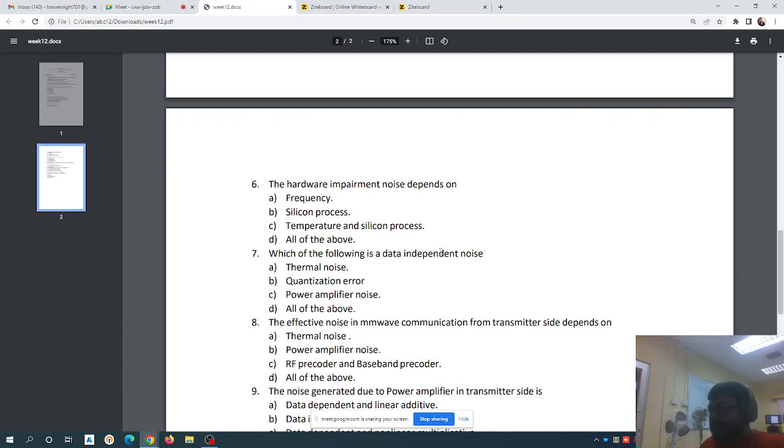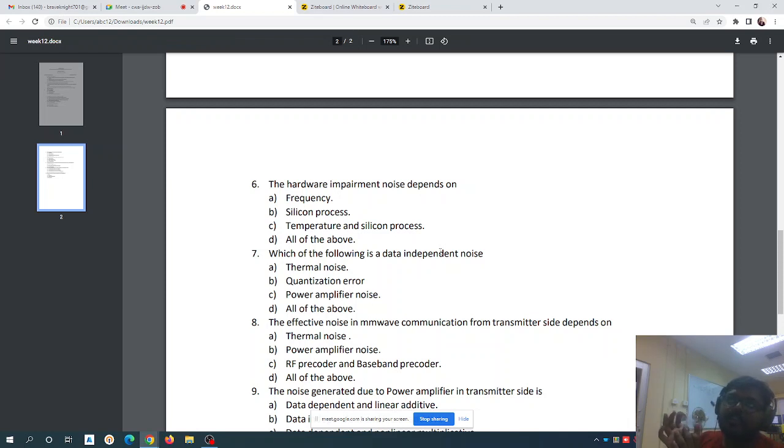So let us go to question number 7 here. It says the effective noise in millimeter wave communication from transmitter side depends on. So for the noise in the transmitter side, you can think component-wise. Thermal noise is the noise that appears if you propagate some signal through some electronic device, so there will always be thermal noise. And also whenever you get some analog signal and process it into the digital domain, there will be quantization error. And power amplifier noise, it is like